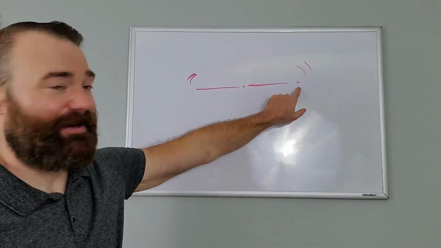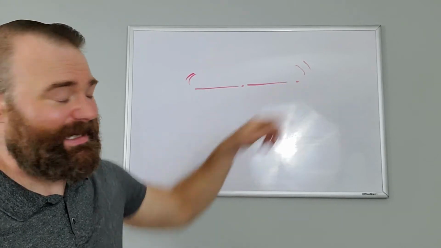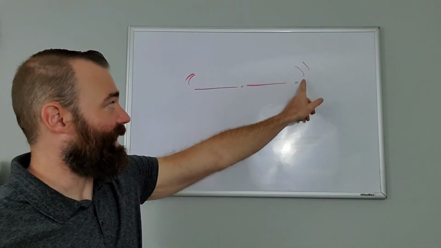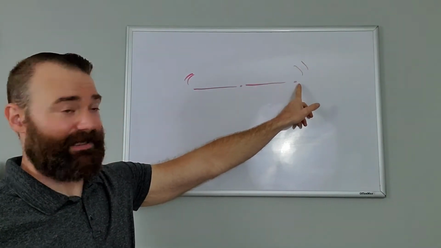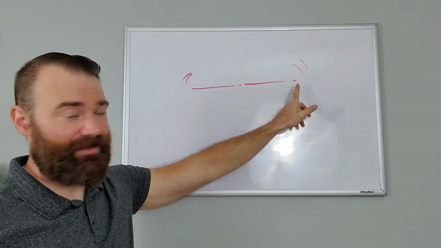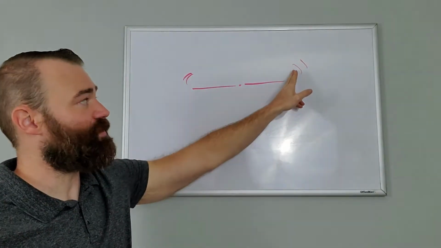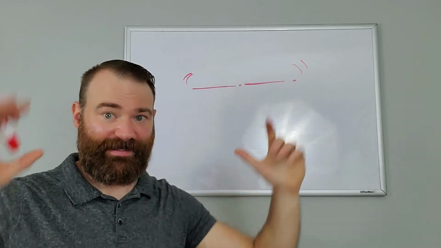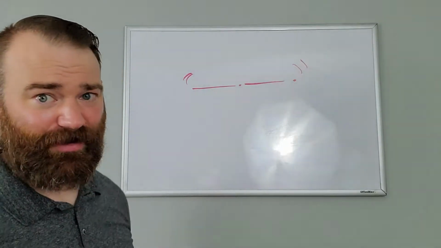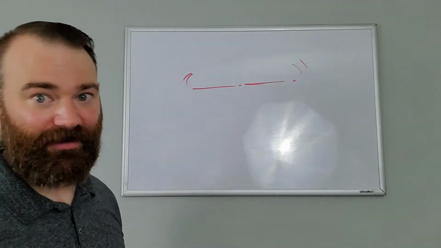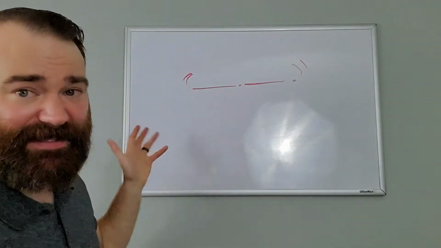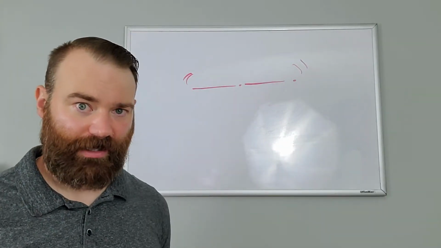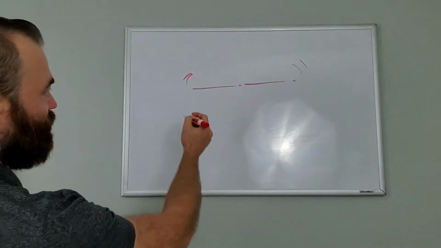Now notice here, I don't know if you can see this very well, but right now I have the quotation marks on the outside of the period. So any punctuation that they have on their sentence, you always want the quotation marks around it. So the punctuation is inside of the quotation. Now the thing is, this is not enough to work in an essay. We have to introduce it.